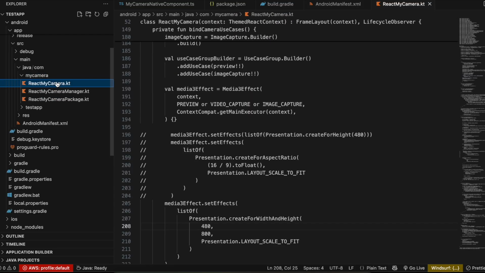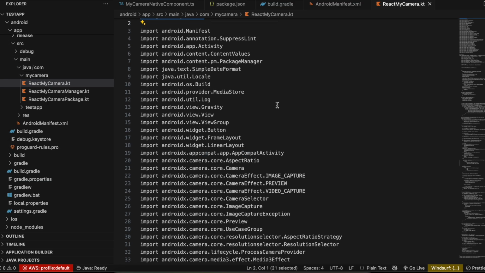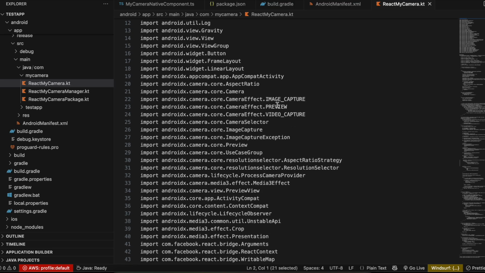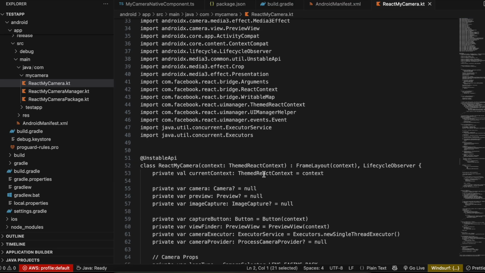Here I have created this file called ReactMyCamera. Firstly, this should be your own package name, so mycamera in my case. Now there are a lot of imports, so feel free to pause the video and copy all of them. Then here we have this ThemedReactContext, then here we have this camera as well, and here we have our PreviewView,